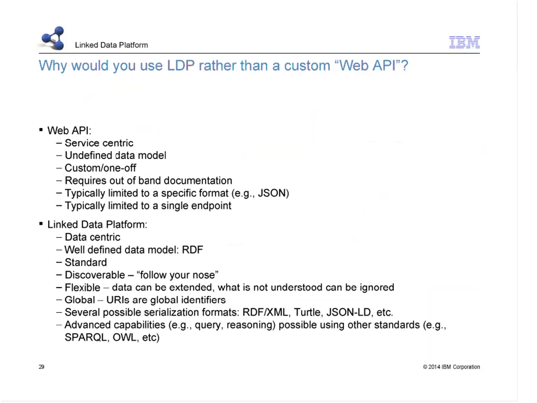So to finish, and I'm not going to get into too much detail for the sake of time, I wanted to give the beginning of an answer to a question I sometimes get: why would I use LDP rather than having my custom API that I used to do, where I define what JSON I'm going to send you? I say you do a GET on that URL, and this is the information you get. And that works well for me. And the vast majority of web apps today are written that way, and they seem to be quite content with this.